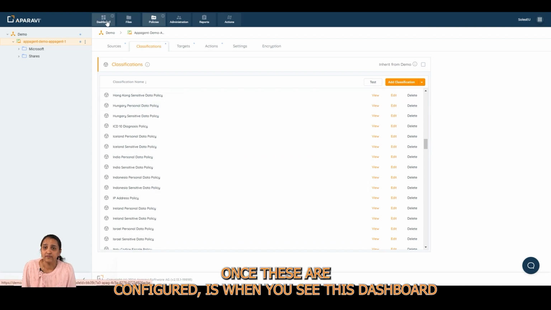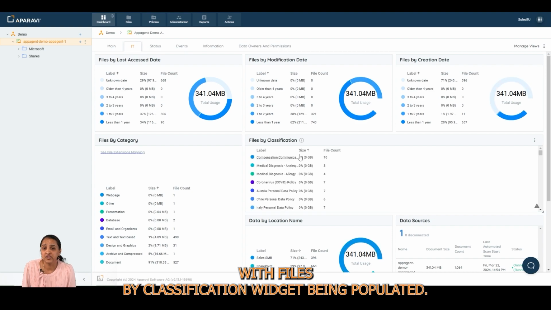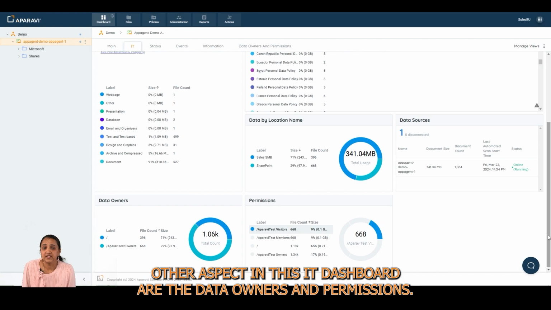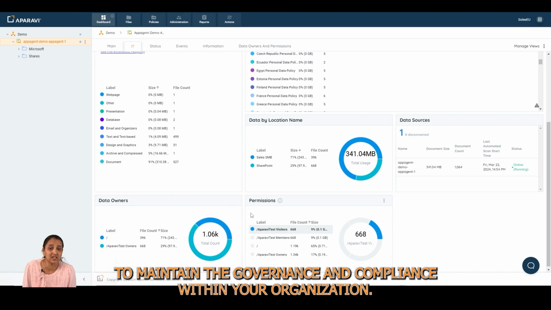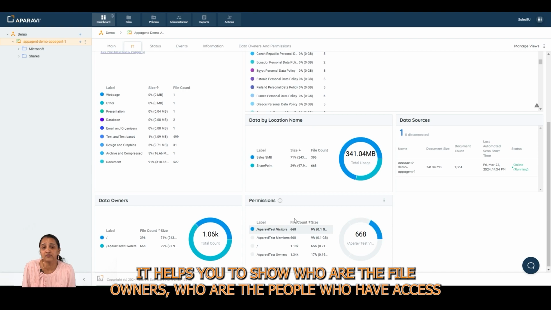Once these are configured is when you see this dashboard with the files by classification widget being populated. Another aspect in this IT dashboard is the data owners and permissions. If you look here, this helps you maintain governance and compliance within your organization. It helps you show who the file owners are, who the people are who have access to these files,